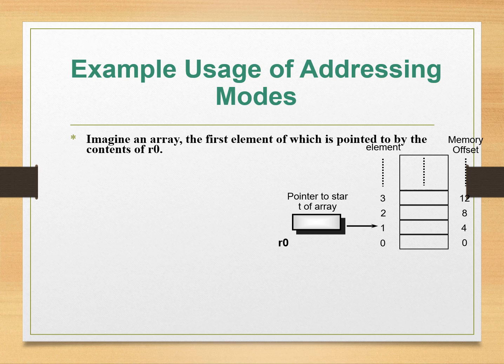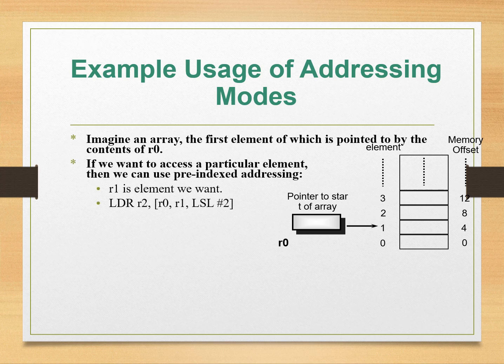Okay, example usage of addressing modes. Imagine that you have an array, the first element of which is pointed to by the content of R0. This is R0 pointing to the start of the array. This is the memory offset. This is the element that you are going to either load or store. If we want to access a particular element,